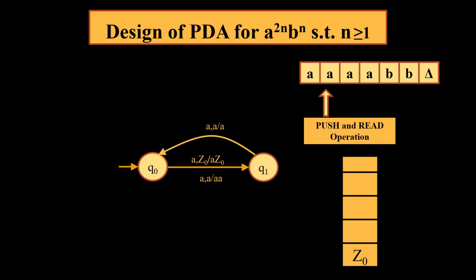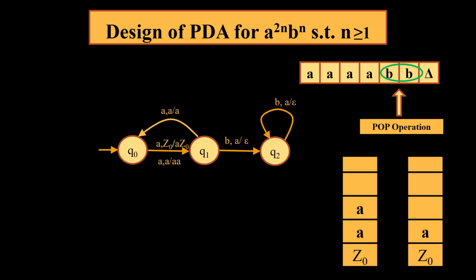So let's discuss the step by step process which needs to be followed. First, whenever we come across the first A, we read it and push it, and please note that there is a loop from Q1 to Q0 which is not performing any push or pop operation. It is just performing a single operation, which is reading. So corresponding to the first A, push; corresponding to the second A, no operation, only read. The tape head moves from cell number 2 to cell number 3. Now it is clear that 2 A's were read from the tape and 1 A was pushed on the stack.